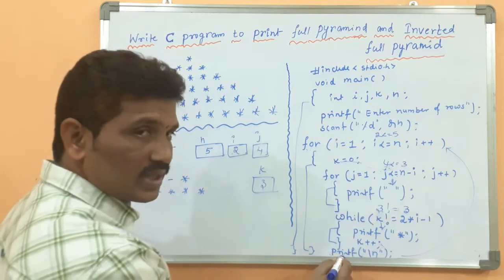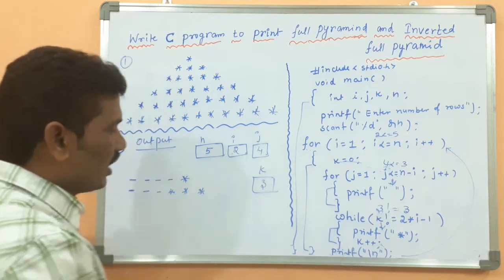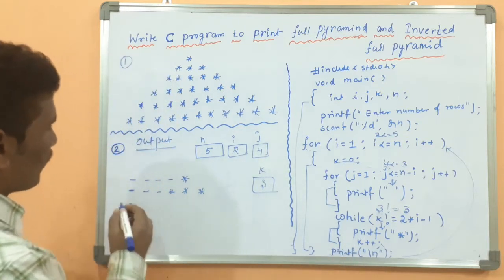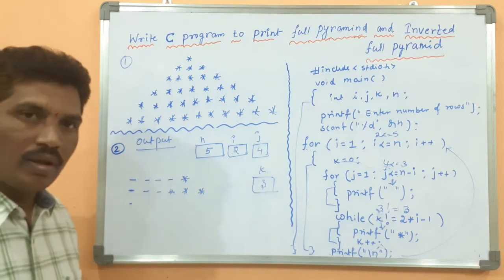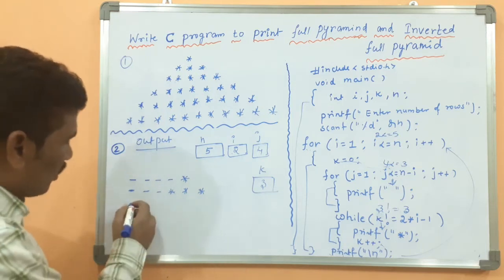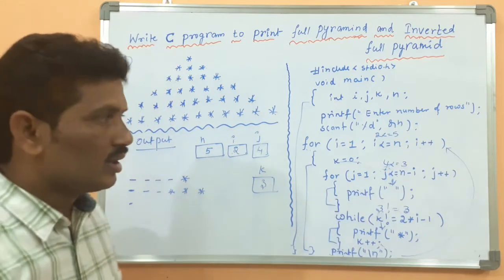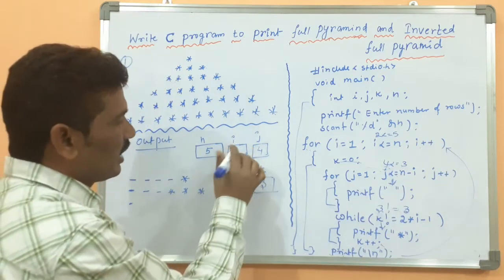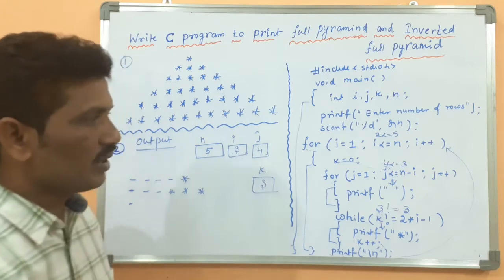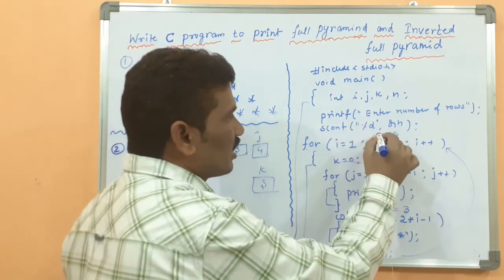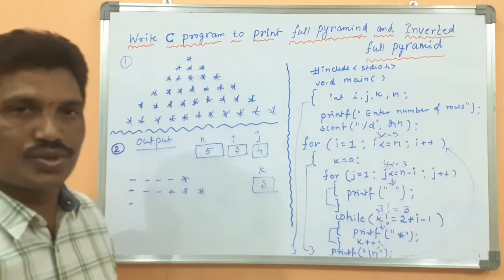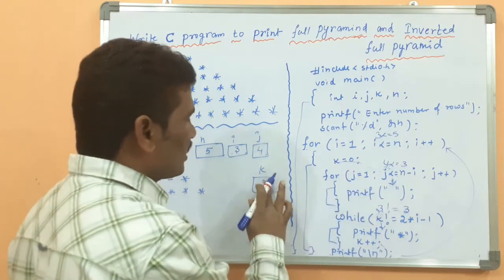What is the statement out of the loop? The printf statement. Then control comes to here, new line. Here the control is placed over here. Then again after that I should be updated. The I value becomes 3; it is incremented by 1. Then here 3 less than or equal to 5. The condition is true. Then again k is reset to 0.